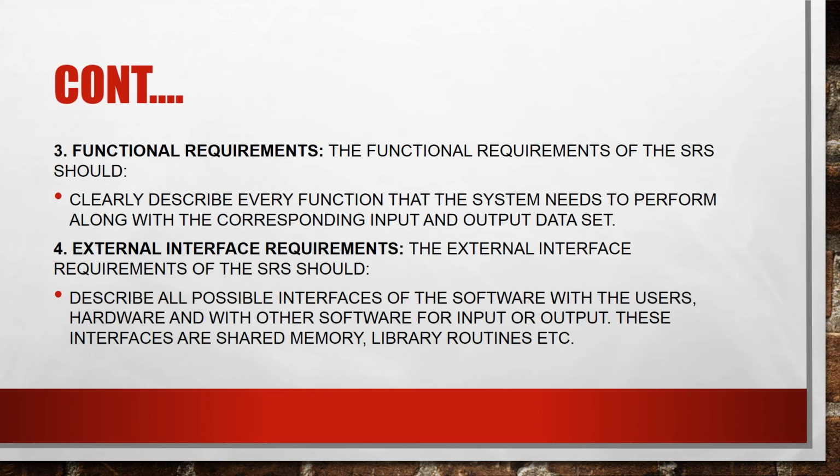Now the next section describes the functional requirements, which describe every function that the system needs to perform along with the corresponding input and output. That means it is providing the entire behavior of the system. It is providing all the functional requirements that the system should complete, and the system should be stable enough, and how the system will respond if we provide any invalid input data, what input should be provided to the system, what operations we have to perform on these inputs, and what corresponding output can be expected from this system. So all these functionalities are provided in the functional requirement section.